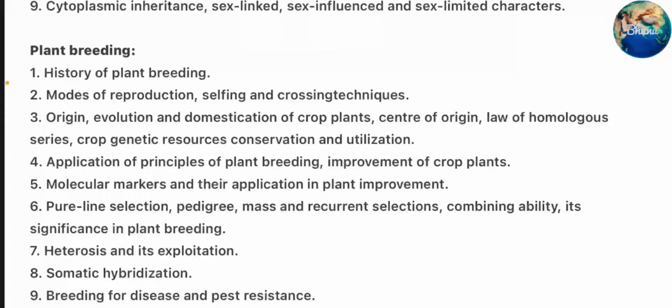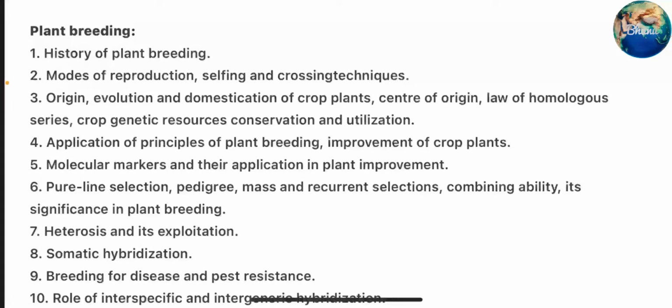Next, plant breeding. History of plant breeding, modes of reproduction, selfing and crossing techniques, origin, evolution and domestication of crop plants, centers of origin, law of homologous series, crop genetic resources, conservation and utilization, application of principles of plant breeding, improvement of crop plants, molecular markers and their application in plant improvement, pure line selection, pedigree, mass and recurrent selections, combining ability, its significance in plant breeding,